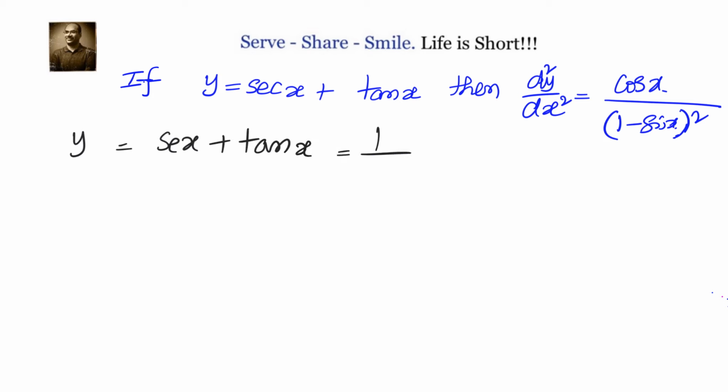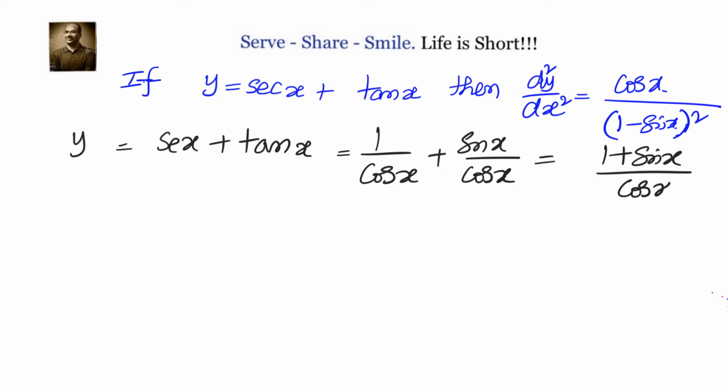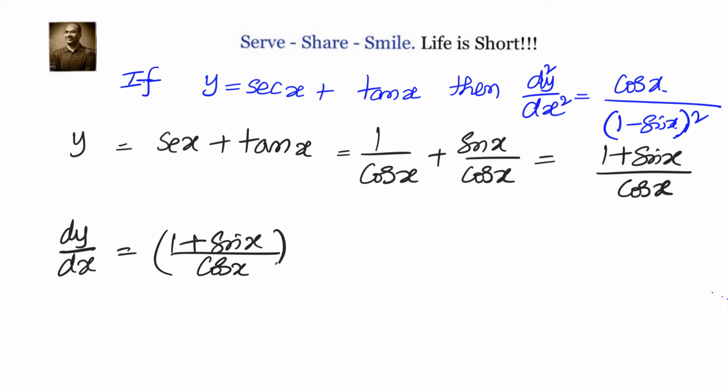that is equals 1 by cos x plus sin x by cos x, which is equals (1 plus sin x) divided by cos x. Now let's find out the derivative of this by differentiating on both sides. Dy by dx equals the derivative of (1 plus sin x) by cos x, for which we will be using the u by v rule, which says that